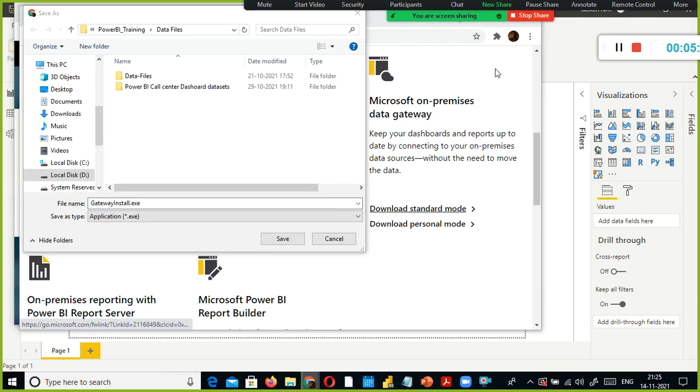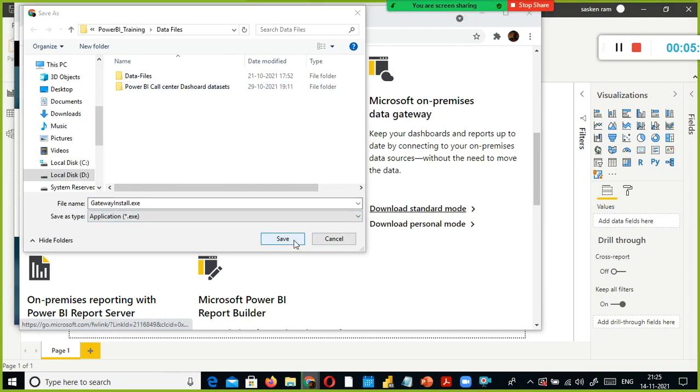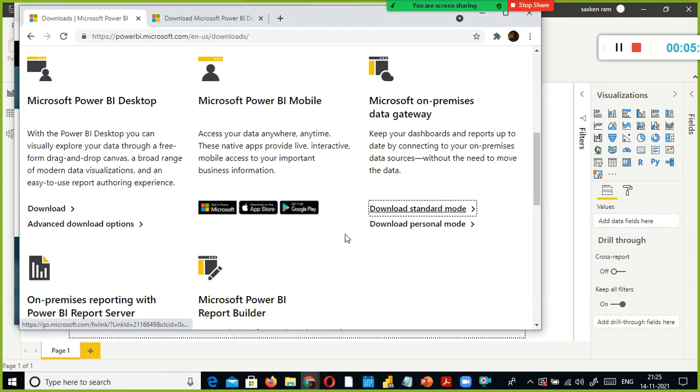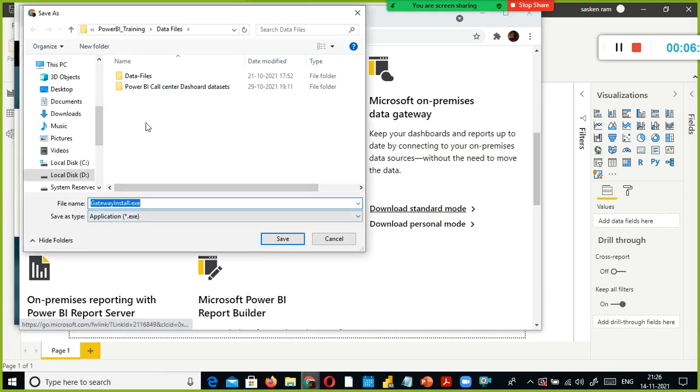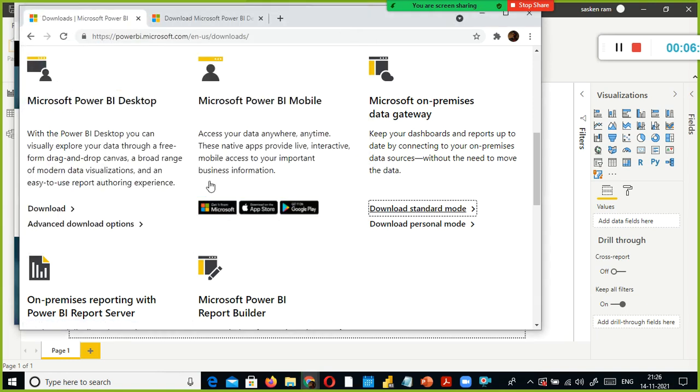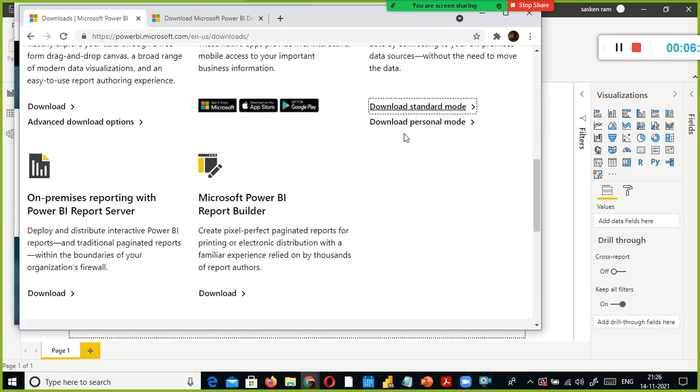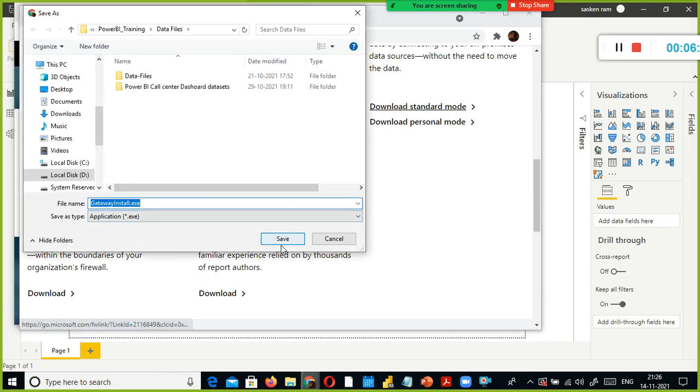I think Vijay you are late. Okay, Vijay you can also start downloading these files. If you have already downloaded this one, let it be there. Or if you are yet to download this, please go ahead and download it side by side. So you already downloaded this one. The download is in progress, and now you start. Click this one here. You don't have any confusion. Directly it will open the file. Click save. That's all. We don't have to do this now.